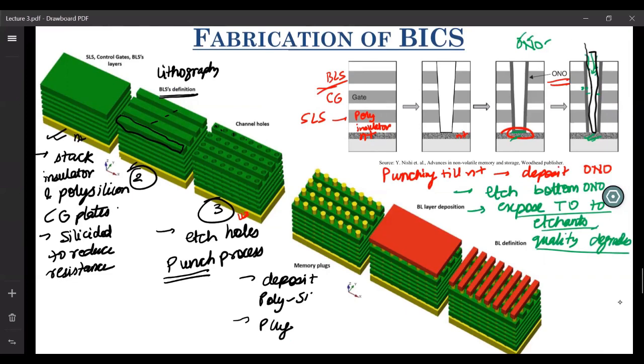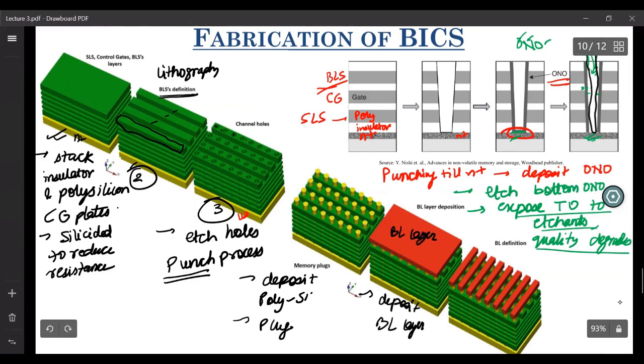And after this, what you do? You deposit the bitline layer. So the red one is your bitline layer. And then at last, you pattern your bitline. And as you see here, the direction of patterning of the bitline and the direction of patterning of your bit select line are orthogonal to each other.